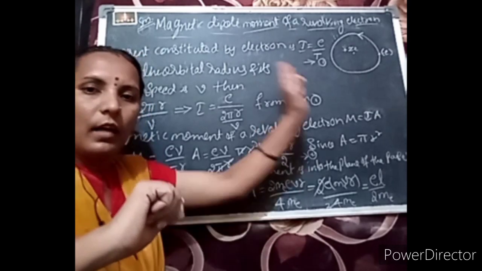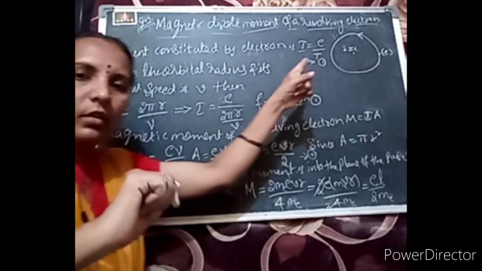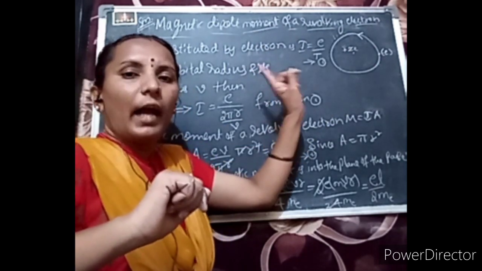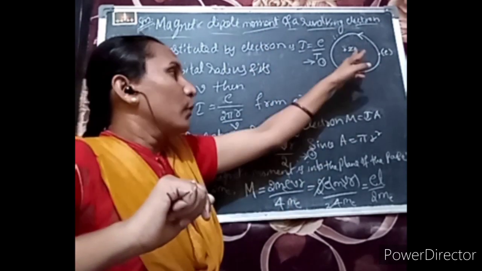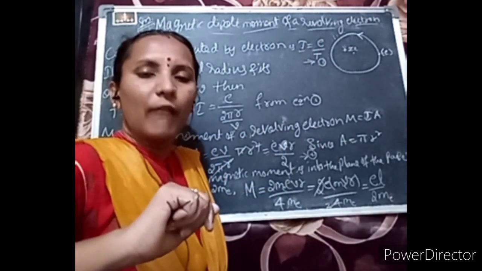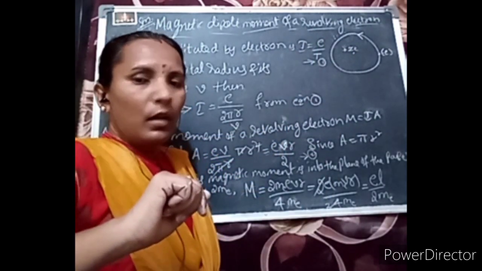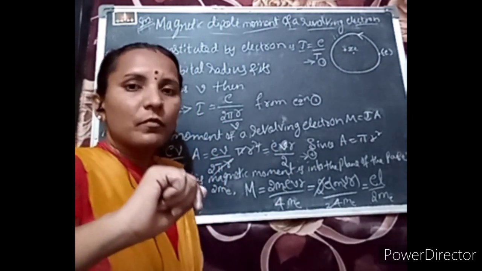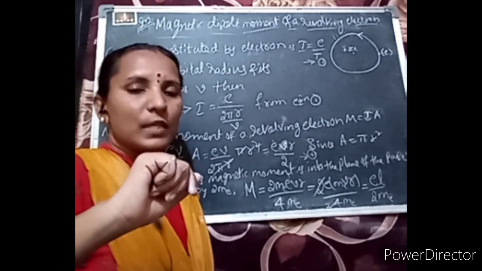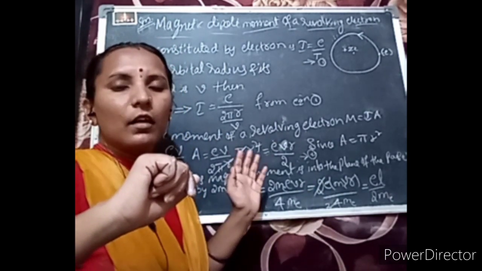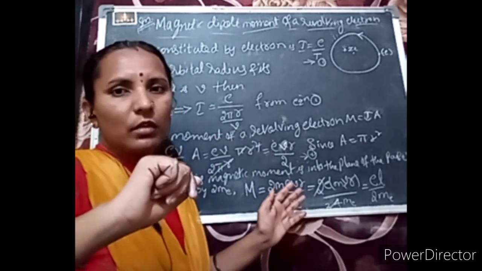Consider an atom having one electron, e minus, revolving in an anti-clockwise direction. You can see that over there, and in the middle is the nucleus having plus Ze charge. The electron is moving in a circular orbit of radius r, constituting a current as well as a magnetic field around it. We are discussing the magnetic moment expression here.